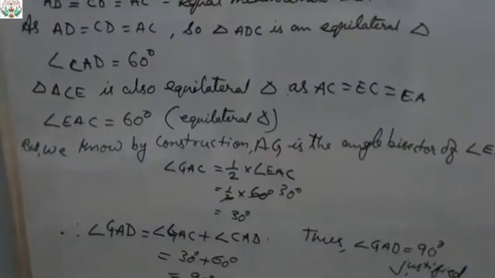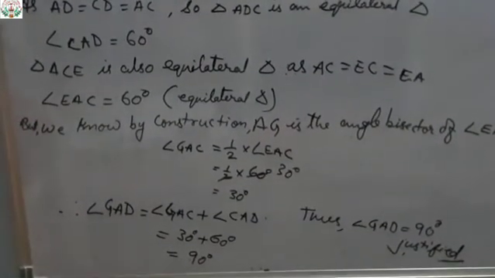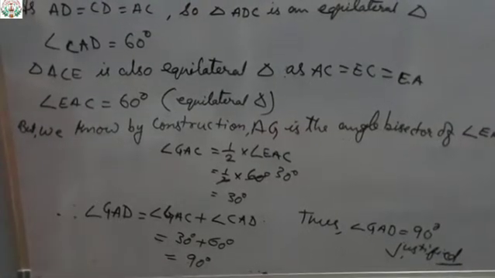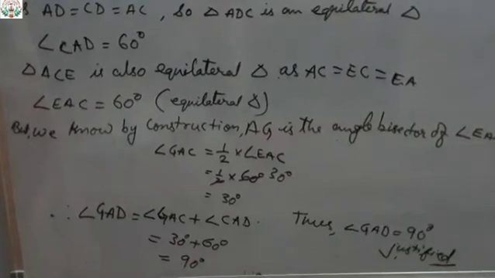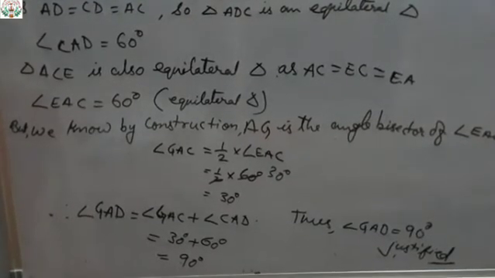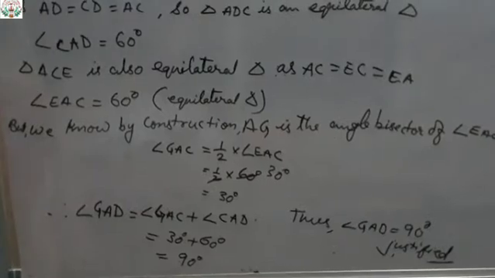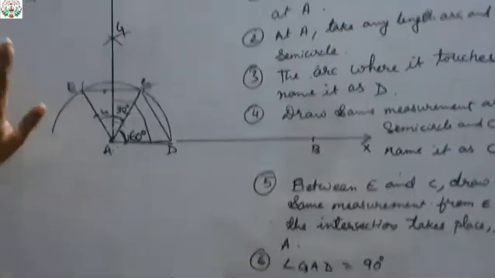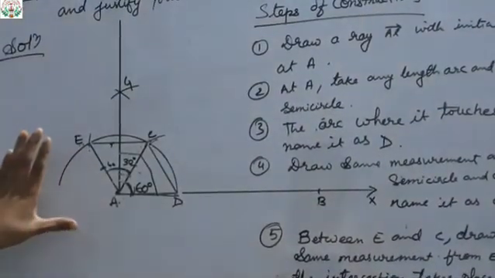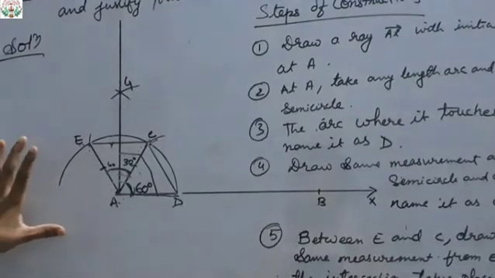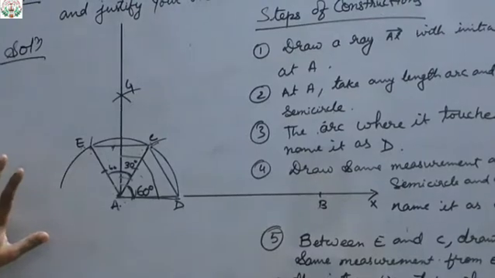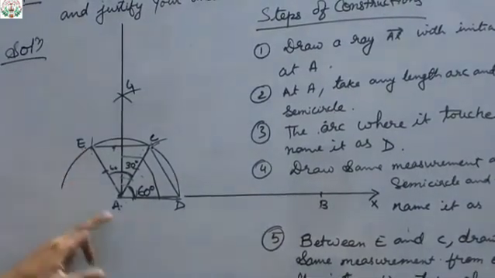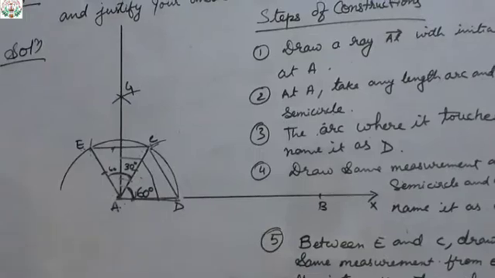Clear? Understood? So this whole thing you have to do in your fair mathematics copy and copy down neatly with rounder, scale, pencil. Construction must be done with pencil, scale and eraser. Wherever you want to rub, use the eraser. Do not use pen. Again and again I am telling, for construction, even for naming, do not use pen.